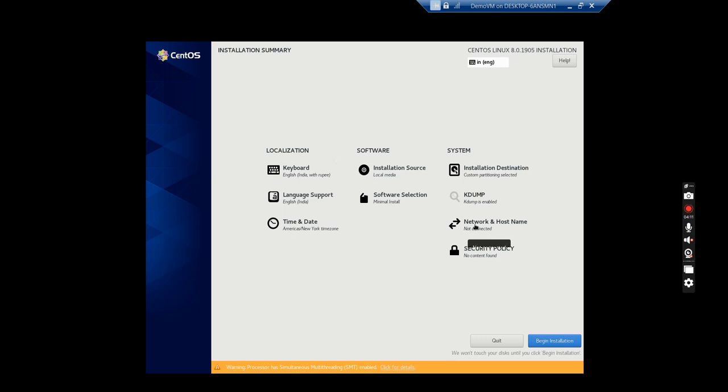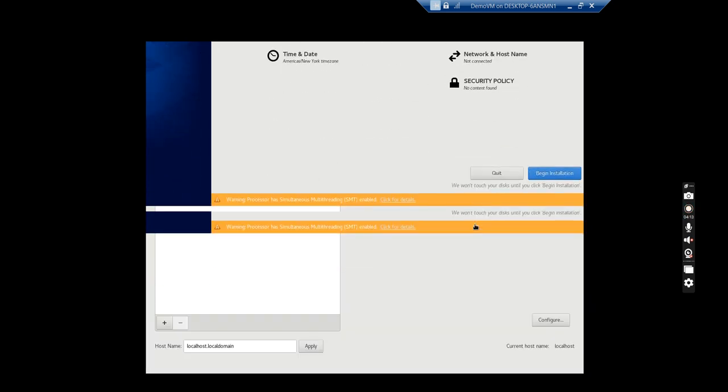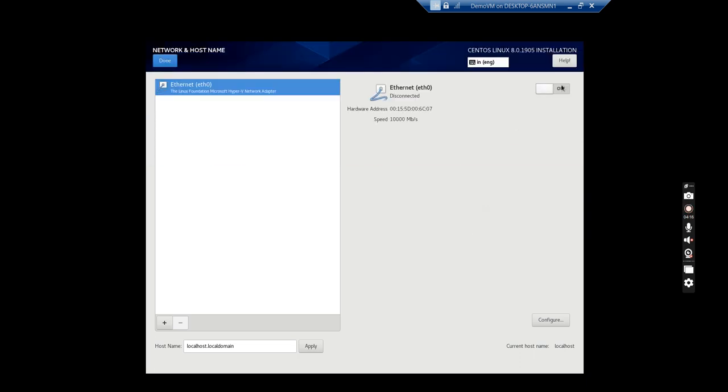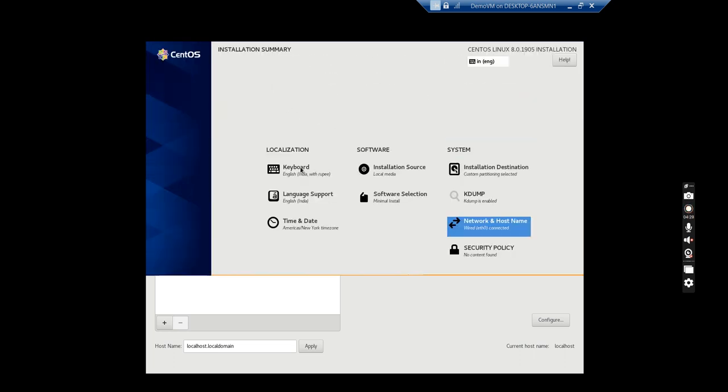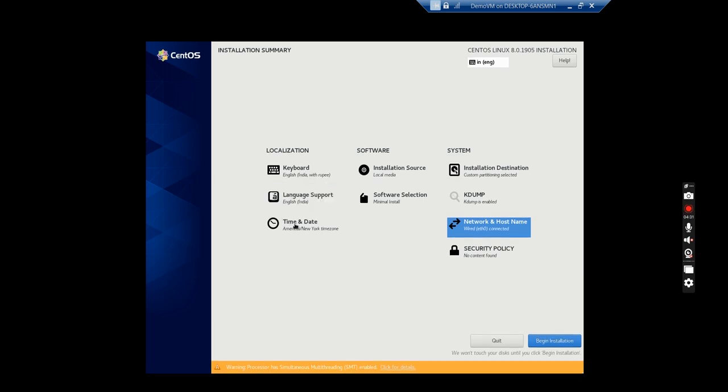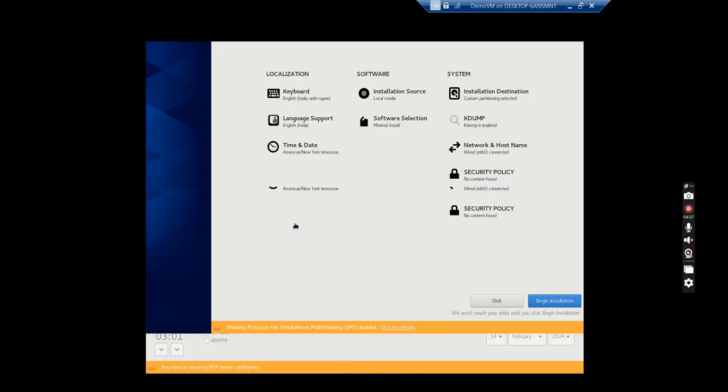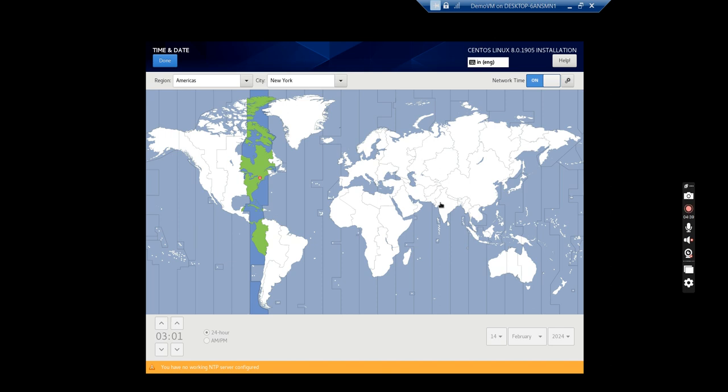Also we select the network option here and click on the network interface card. It takes the automatic IP if my DHCP is running in my network, and click on done option again. Also I have to change the time and date here, and in my case I am selecting Asia Kolkata as my default region. Click on done,